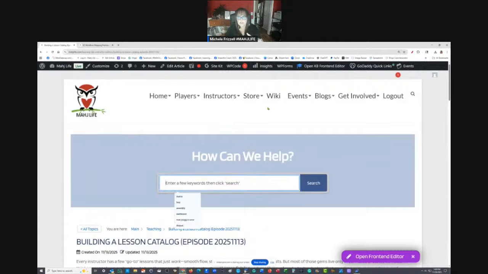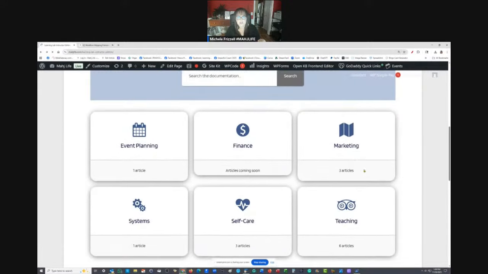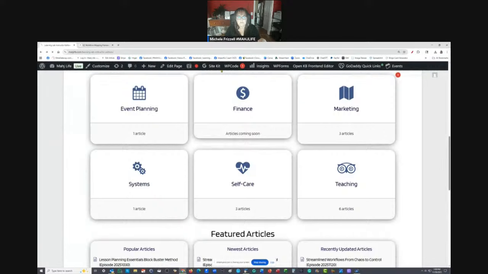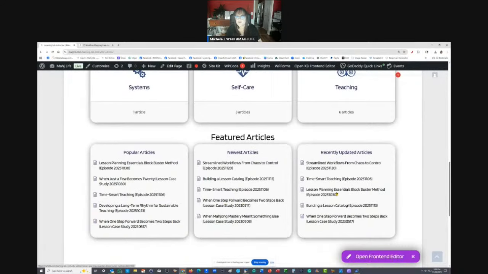Oh, I wanted to show you another little feature here that's really nice. At the bottom, underneath the search, there's a little menu palette, I guess you could say, with the categories that we cover during these live streams. And then under that are featured articles.